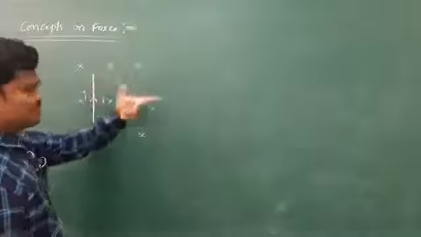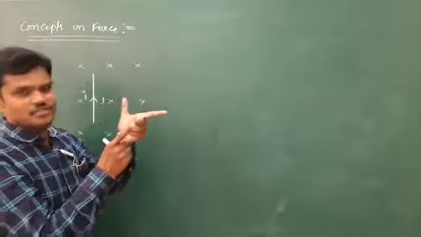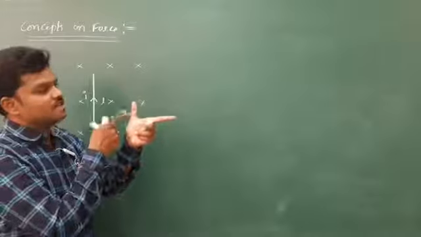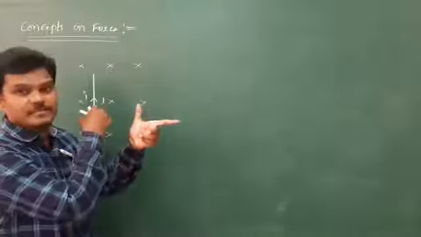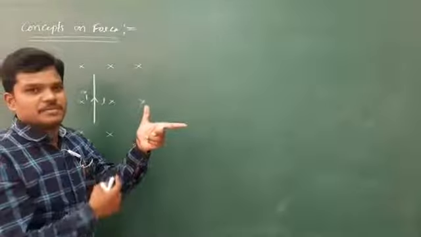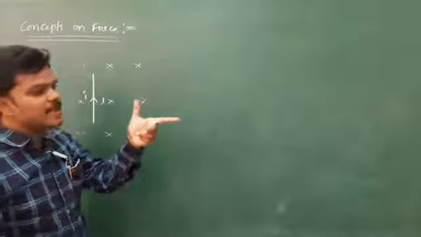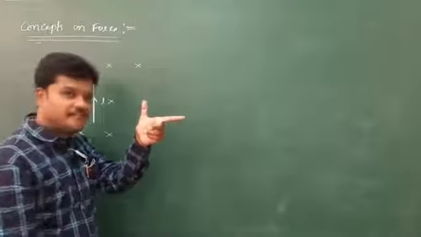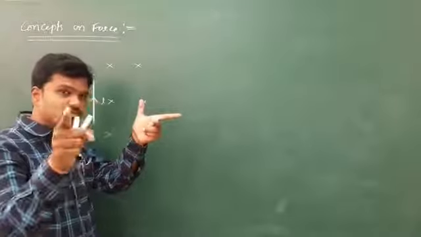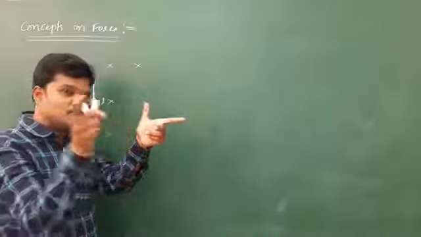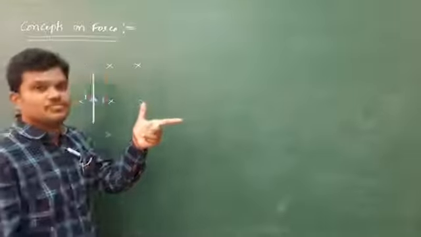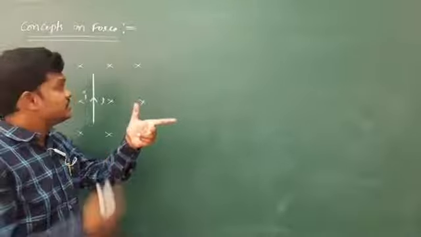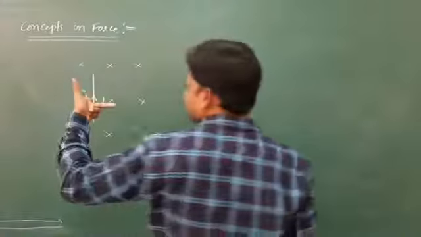See, this is the magnetic field direction, this is the motion of the charge or current, and this is the force acting on that wire, maybe conductor or whatever it may be. Here, if I place my hand like this, then this gives the direction of magnetic field. This is the motion of charge. Right now I am placing it towards you. This is the direction of the force. Now see the magnetic field which is into the board. So you place the hand like this.